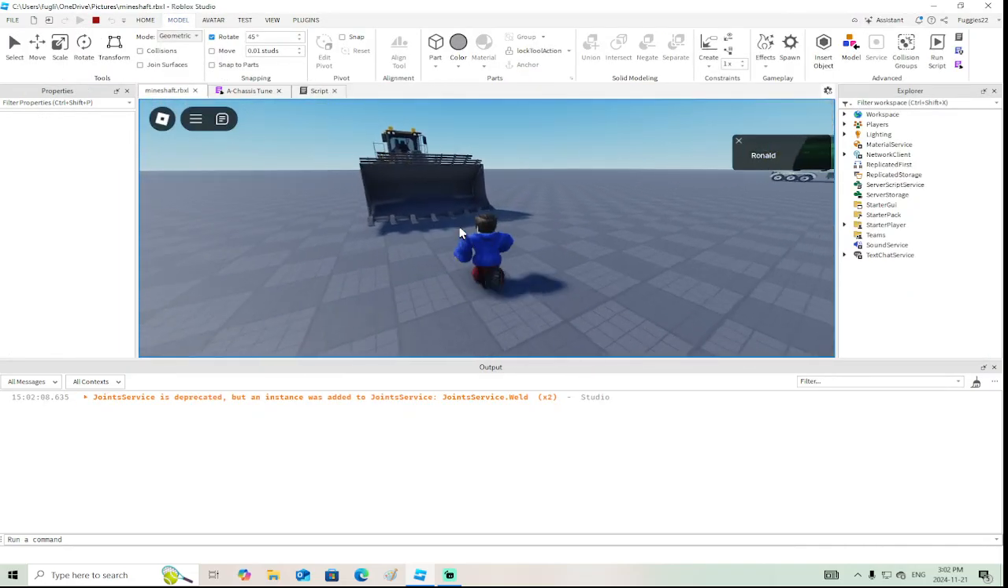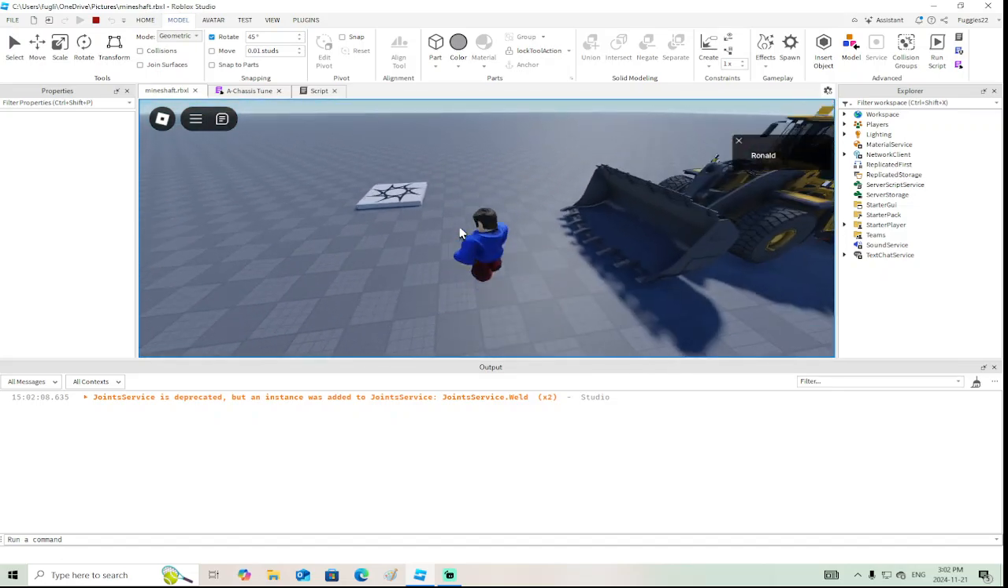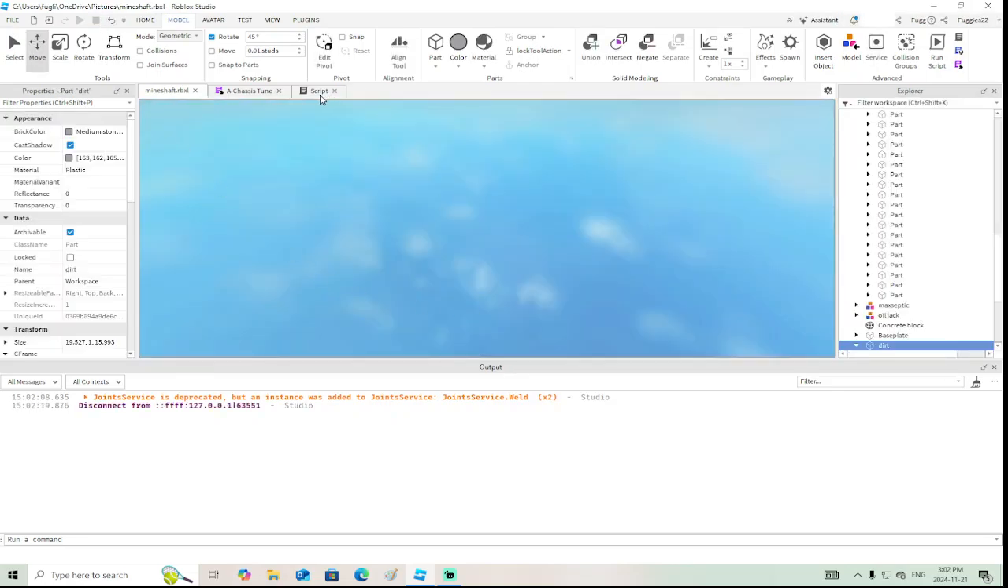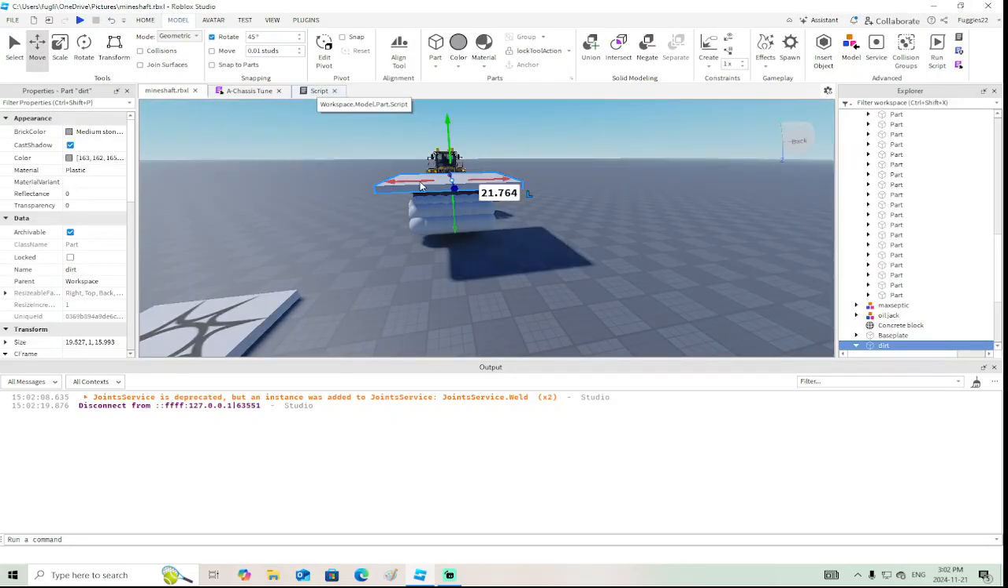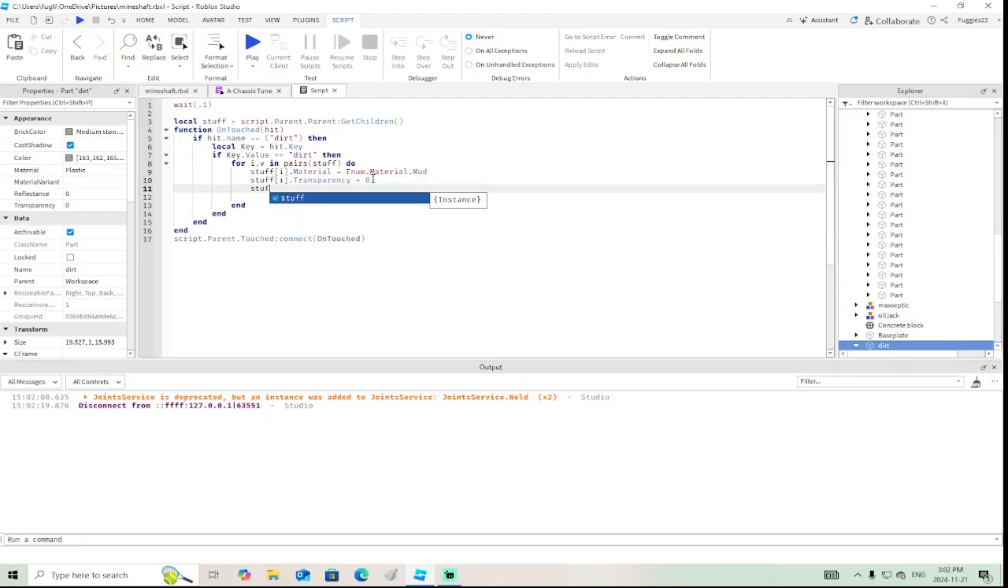Yes. Worked. It's rolling around. It worked. All right. So I just wanted to throw that out there. So it's kind of an example. Instead of changing the transparency, let's say stuff. Let's change the color of it, right? And we will say .BrickColor